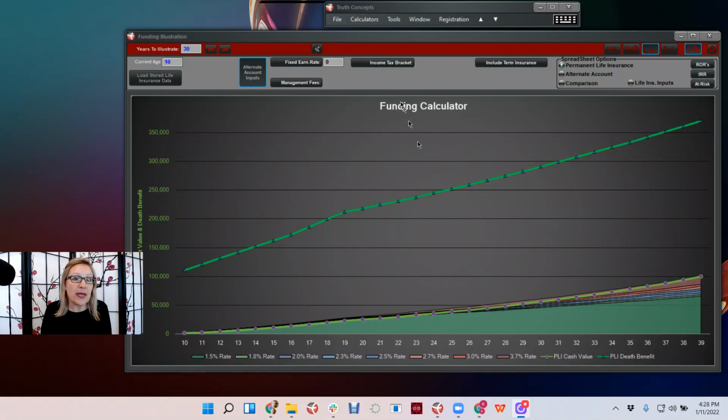And then if we add in the fact that any other account would be taxed and the life insurance is not taxed, and I just used a 24% tax bracket, then you actually have an equivalent of 4.9% rate. So without tax, 3.7, with tax, 4.9, looking down at that number right there. And this is pretty interesting. So you basically have a 3.7 to 4.9, depending on whether you want to call it before tax or after tax, rate of return per year on a 10-year-old.